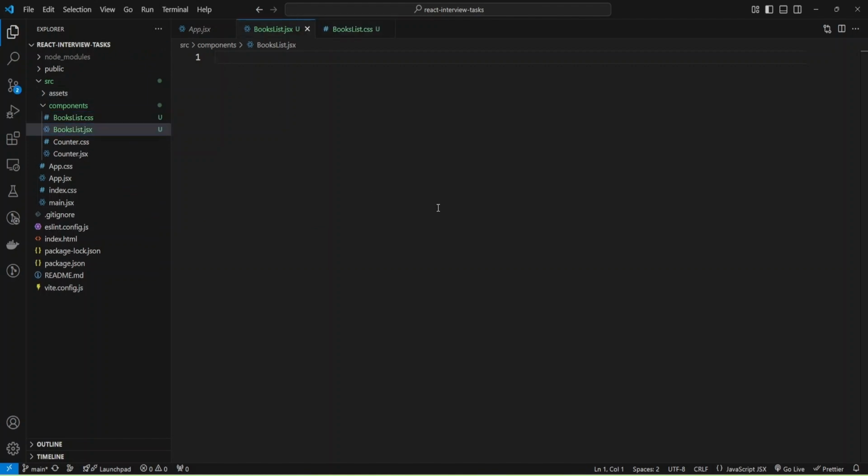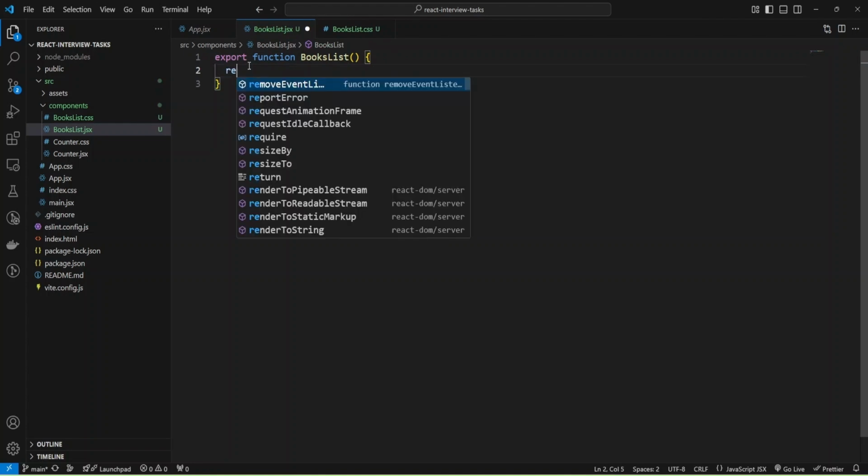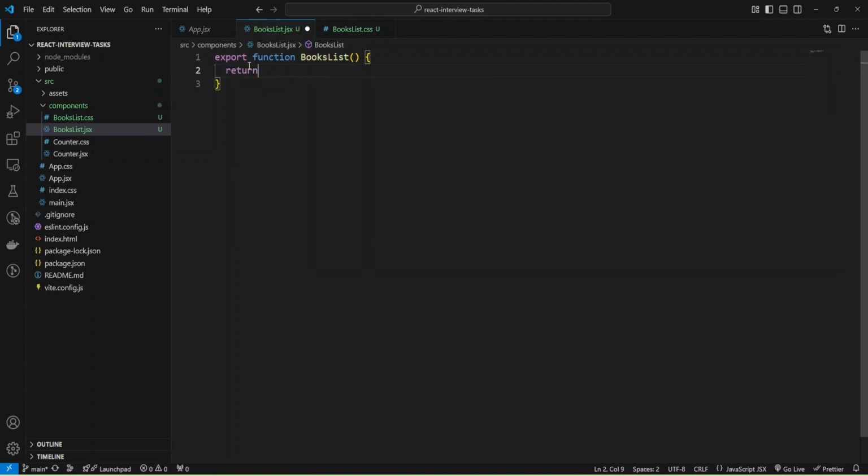Okay, and let me create functional component. I'm going to export it and create function and provide name BooksList, and let's return some JSX. I'll create div for container, and inside div we'll provide h2 tag and some text like Books List, and let's check.